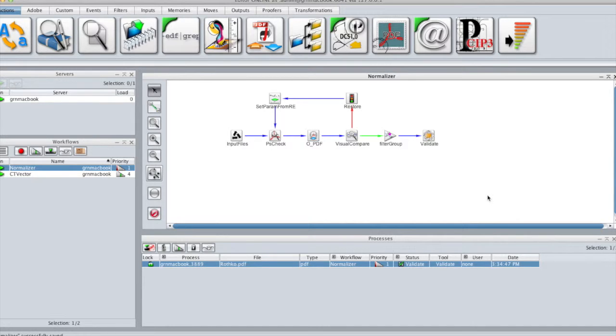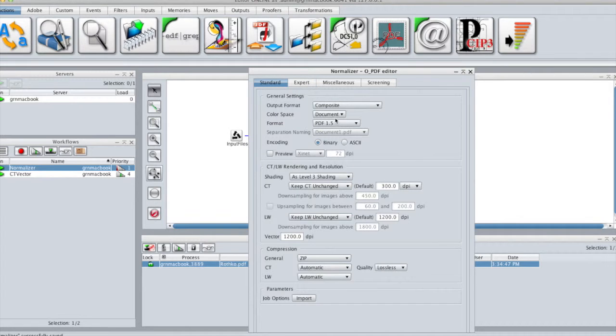And we will finish this session with the last topic about how to achieve the right file size for mobile device without affecting the content and the quality of the PDF. In OPDF, again, you can choose a special output format named PDF Image Vector. This format has been especially designed to repurpose your PDF file for mobile devices. Once you choose this mode, it will automatically change a few settings in the interface.